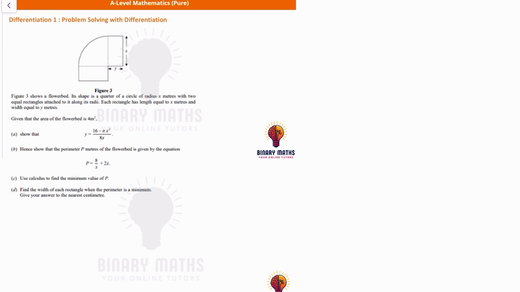So figure 3 shows a flower bed. Its shape is a quarter of a circle of radius x with 2 equal rectangles attached to it along its radii. Each rectangle has length equal to x meters and width equal to y. Given that the area of the flower bed is equal to 4 meters squared,